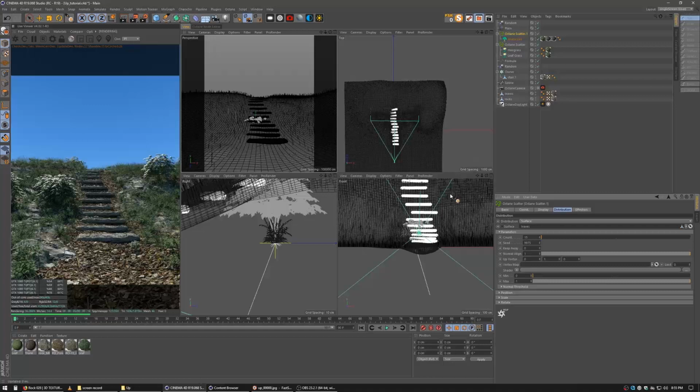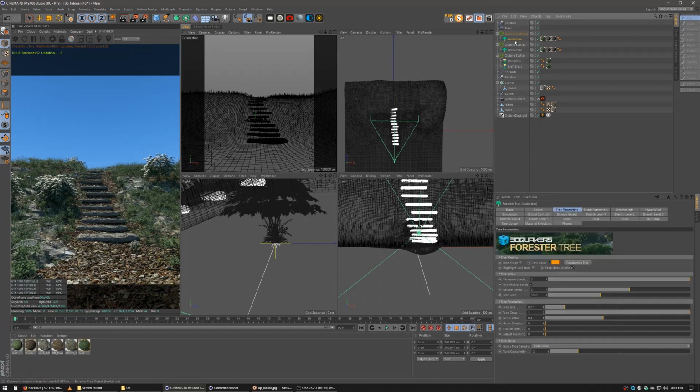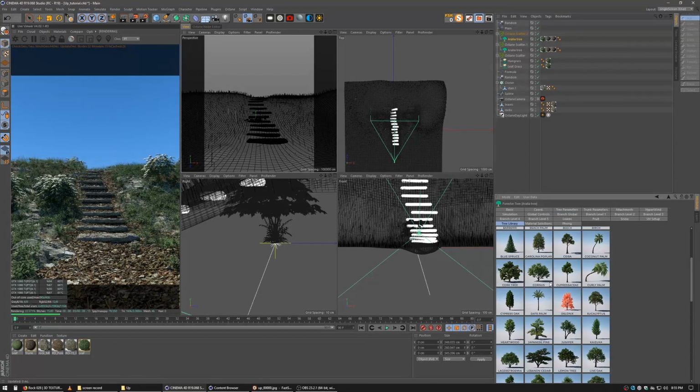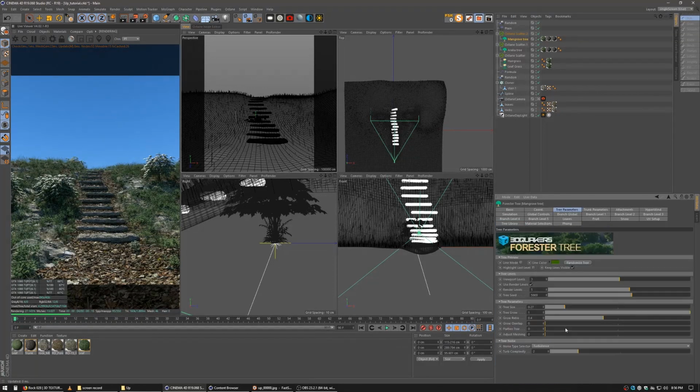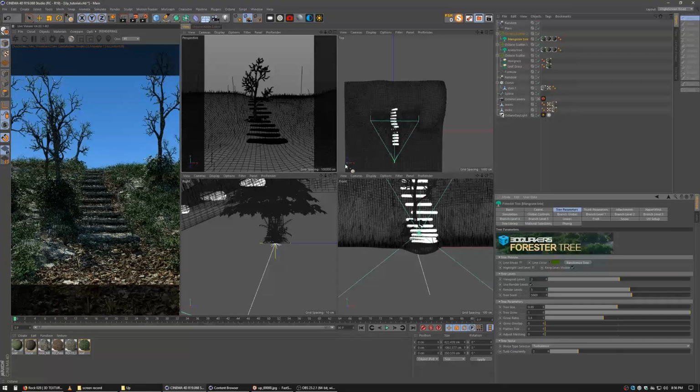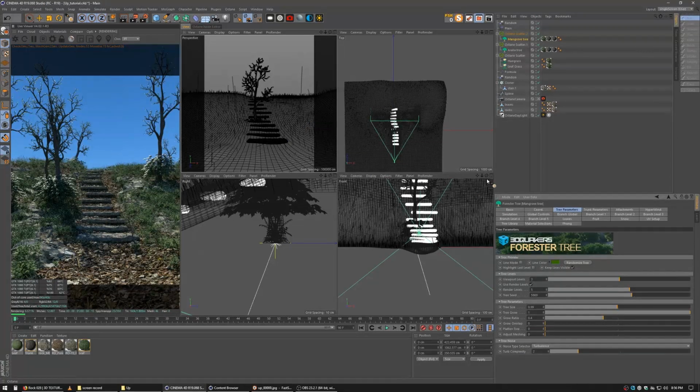So we're going to duplicate again, go to our tree, and for these trees I'm going to use a mangrove tree, and I'm going to make a couple more modifications to this one. I need it to be fairly large and maybe even a little bigger,